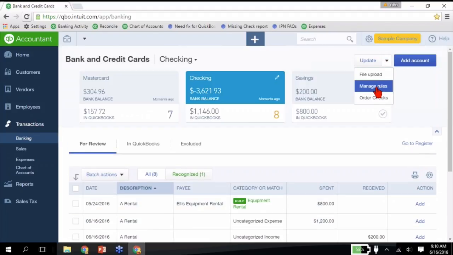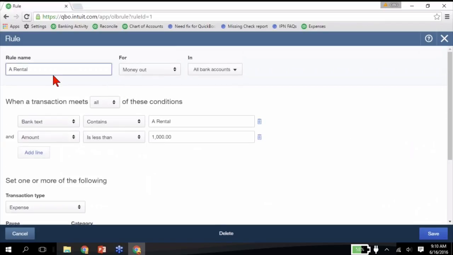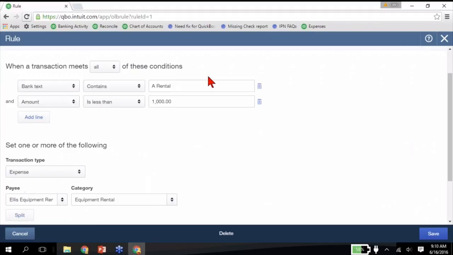I'm going to go ahead and click on the Manage Rules button, and you'll see I have this bank rule set up here. I'm going to go ahead and edit this so we can take a look at it. Now, I set it up for A rental for money out. I could have chosen money in, and I wanted it on all of my accounts. Now, this is where you can get more powerful than the desktop. In QuickBooks Desktop, you cannot have the 2 lines here, all right? So I have 2 criteria, and I can choose if it meets any or all of these conditions for this